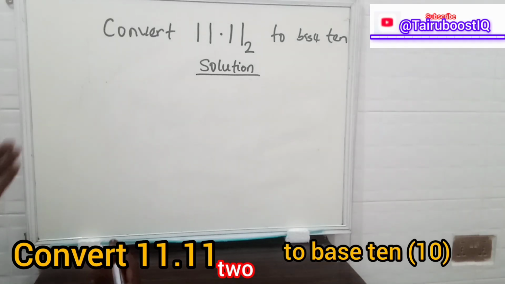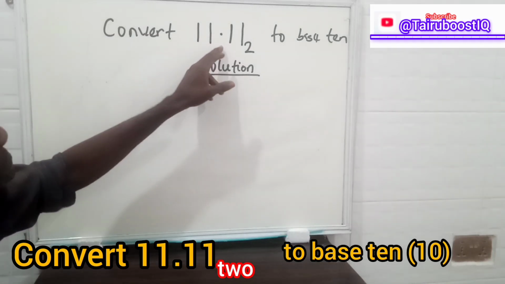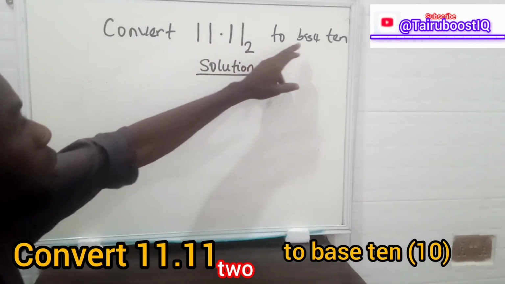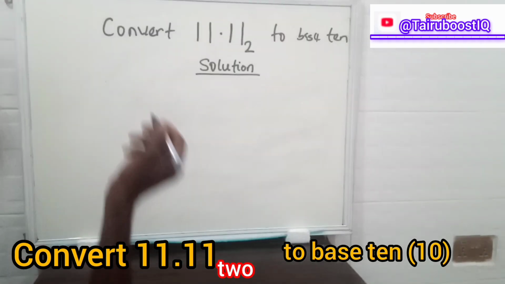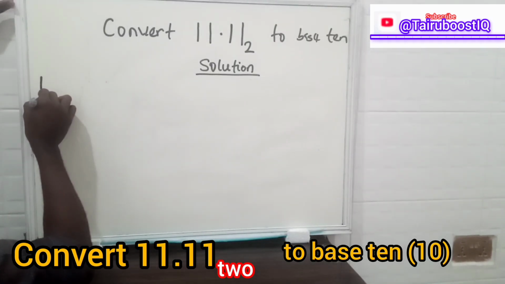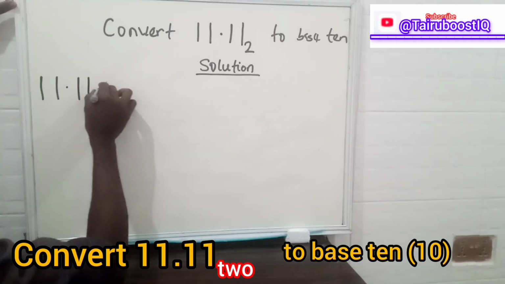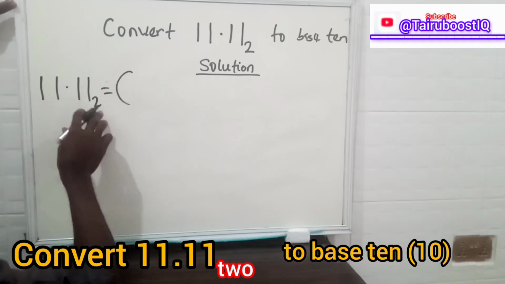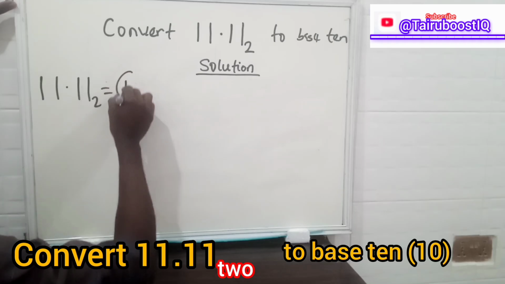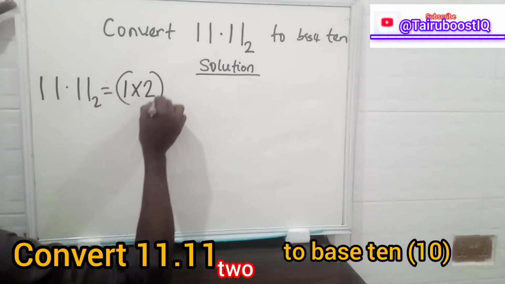Now in this video, we are going to convert 11.11 in base 2 to base 10. Let's start. So here we are going to have 1.11 in base 2 equal to what? We are going to use the base 2 to multiply this number, which we are going to have 1 times 2